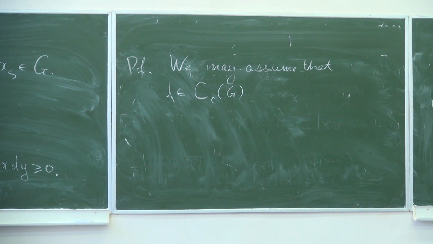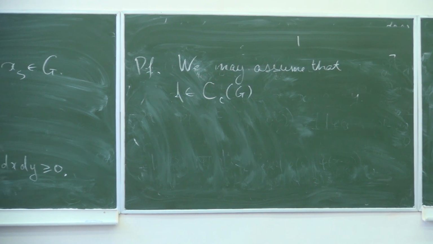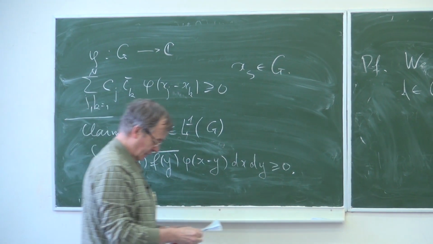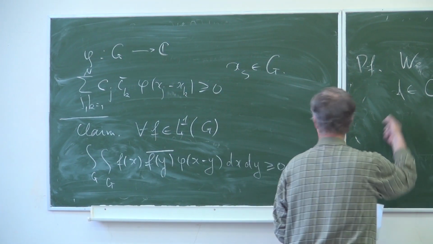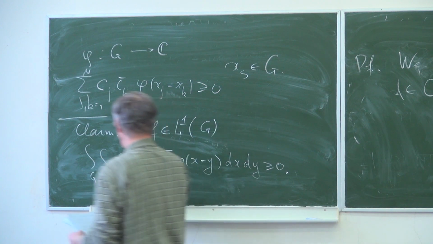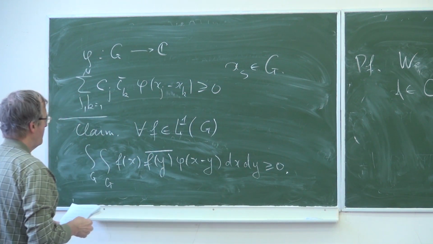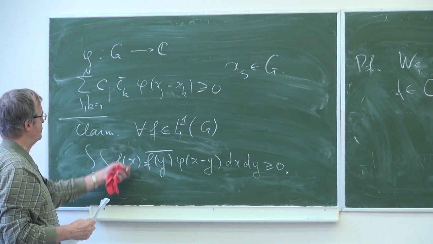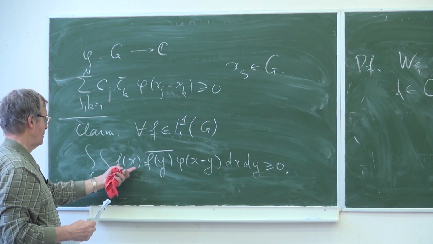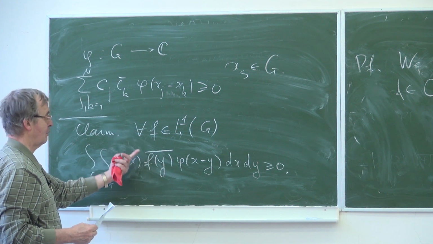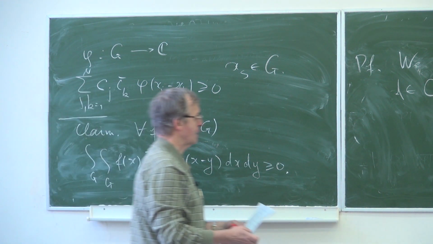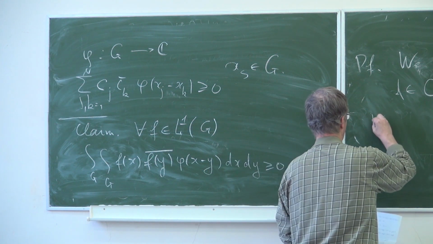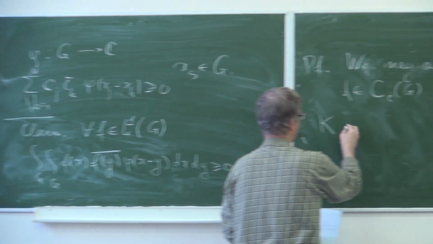So if you prove this for every continuous compactly supported function, then by a limit passage, by approximation, we can prove this in general. After we assume that f is continuous and compactly supported, it is easy to approximate such an integral by such a sum. Simply, we take the compact support k of f,